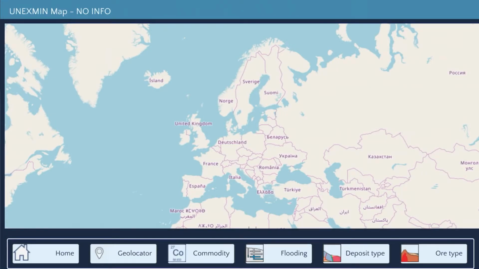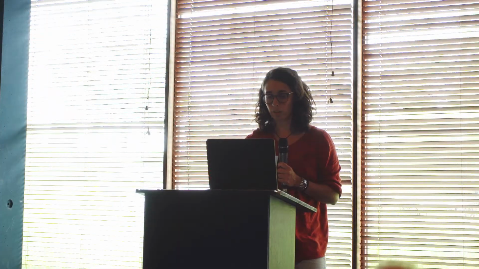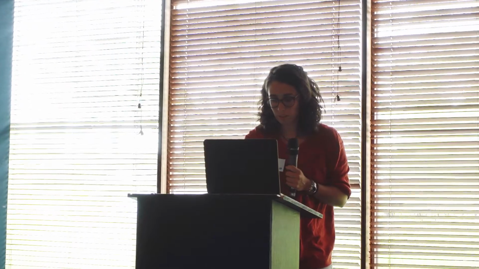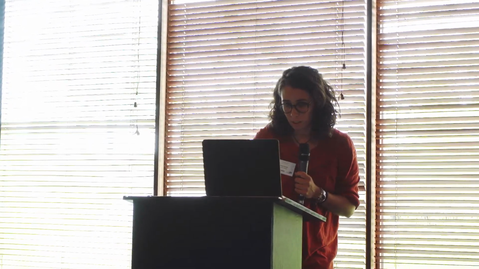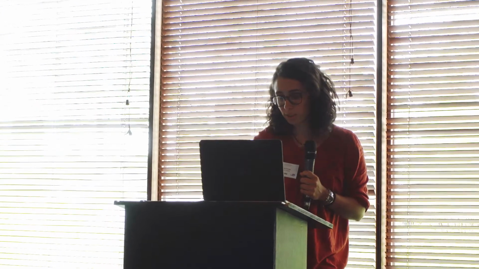If we select potentially flooded, we will have the majority of our areas, as we don't really know the exact information. And partially flooded usually means the main entrance is flooded.